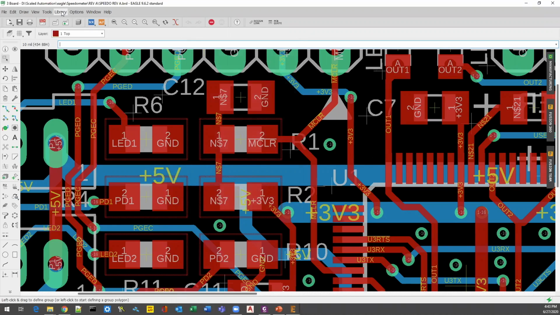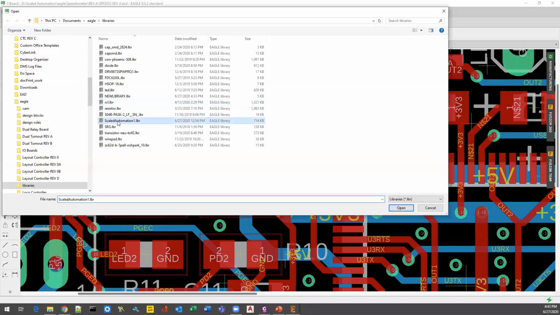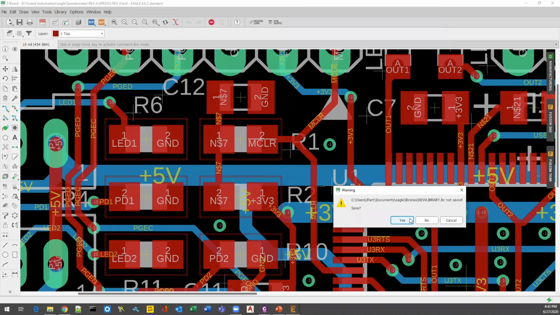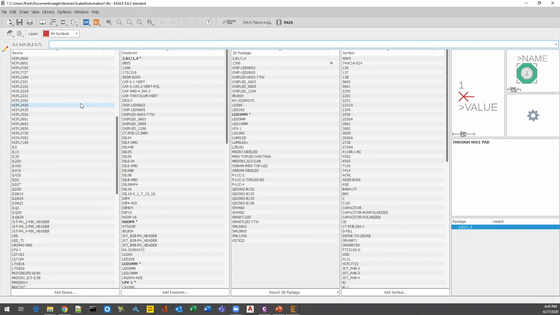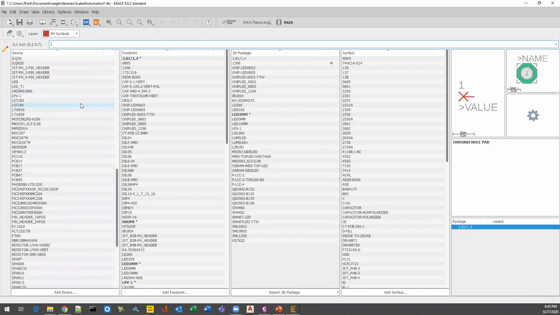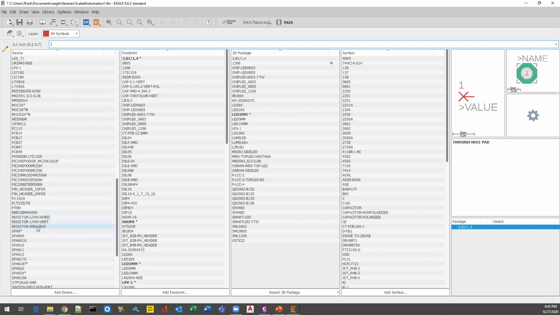On the very top, there's a tab for Library. So we're going to do Library, Open Library. And I happen to know that this one came out of my scaled automation library. So I'm going to open that up. It's just asking me to save, and that's my new library. So I'll say yes to that. So here's my scale automation one, and I need to find my resistor. So I'm going to scroll on down. And my resistor right here,